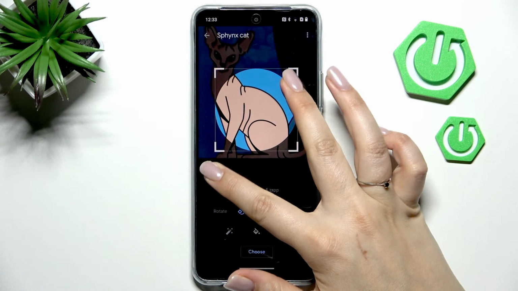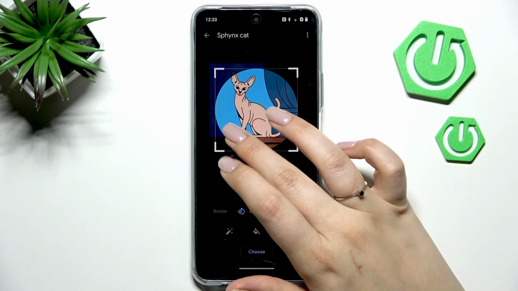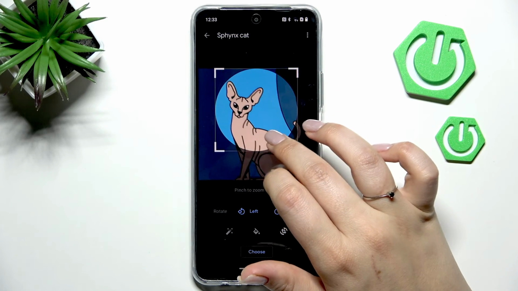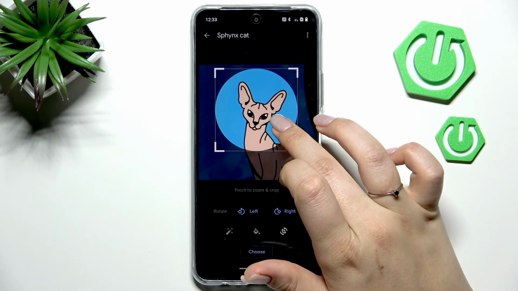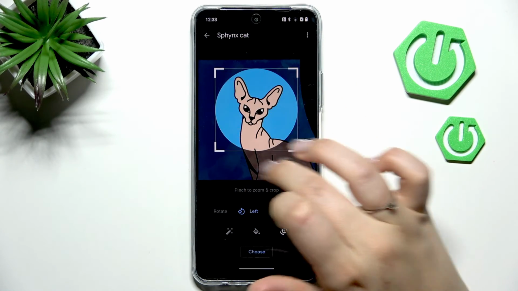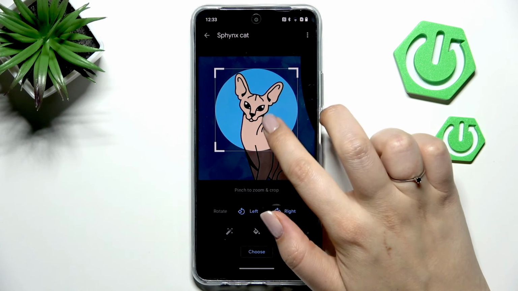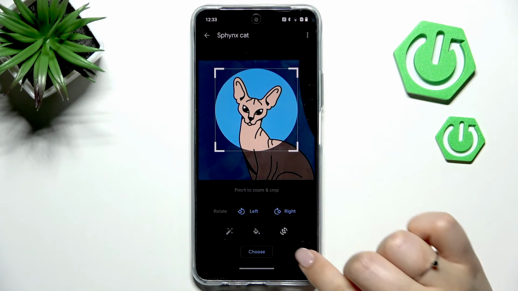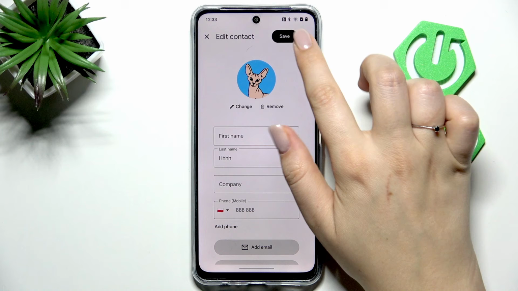we are able to zoom in or out the photo. We can change the position of it, and thanks to this we can decide what we will see after saving the whole contact, because basically this highlighted circle is responsible for it. So position it just like you want to and then tap on choose and tap on save in the right